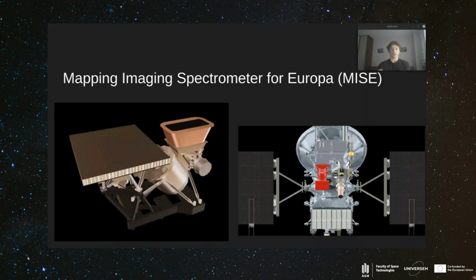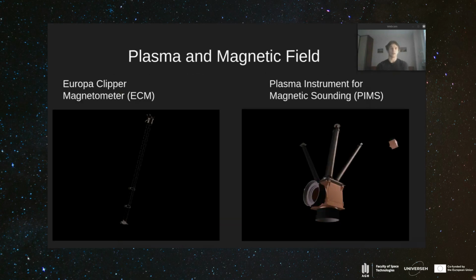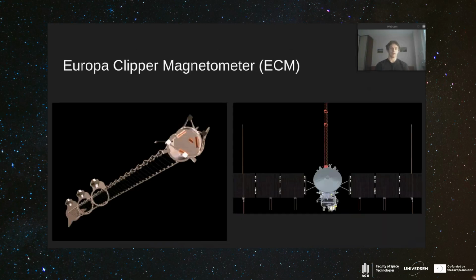Next category of instruments are plasma and magnetic field. It's quite easy to tell the difference between them, because ECM is responsible for the total magnetic field, and PIMS is responsible for magnetic fields connected with gathered plasma around the exosphere of Jupiter. And more precisely,